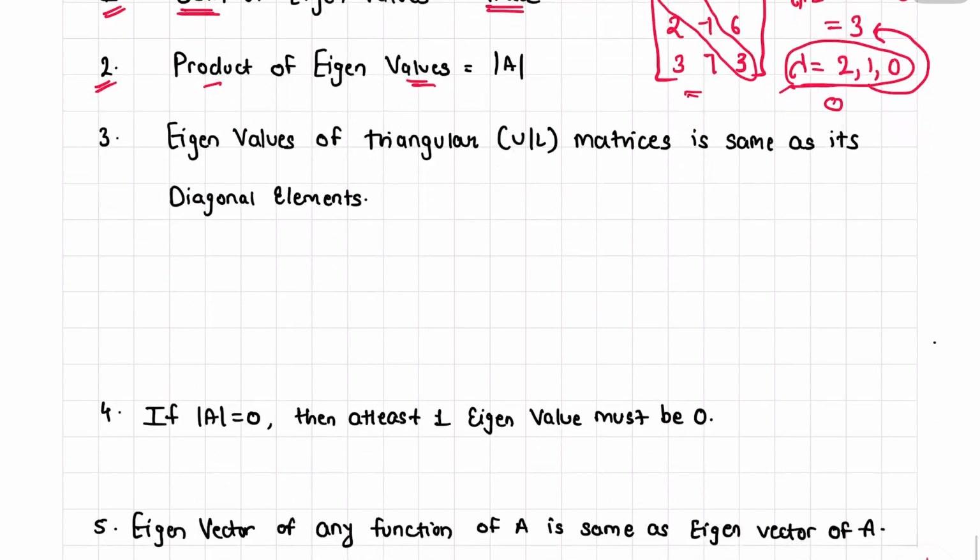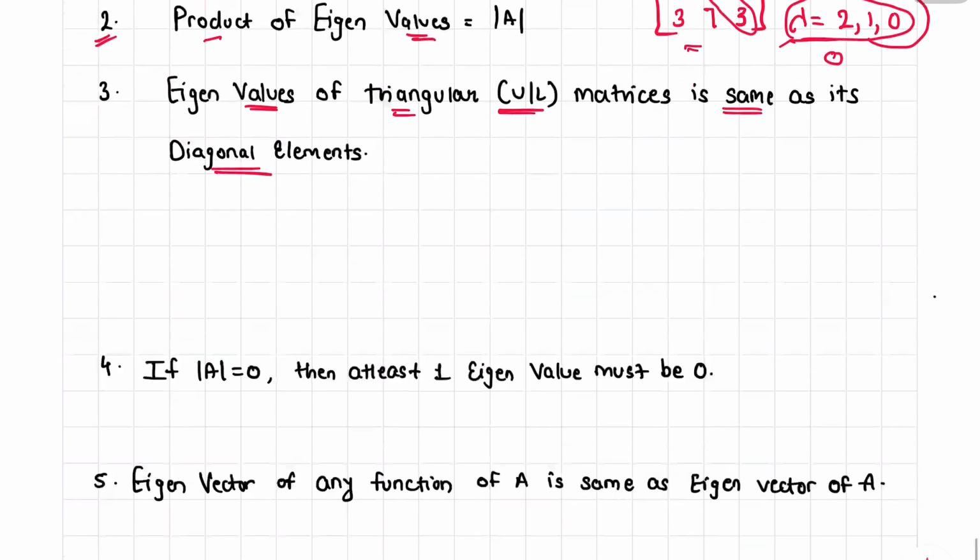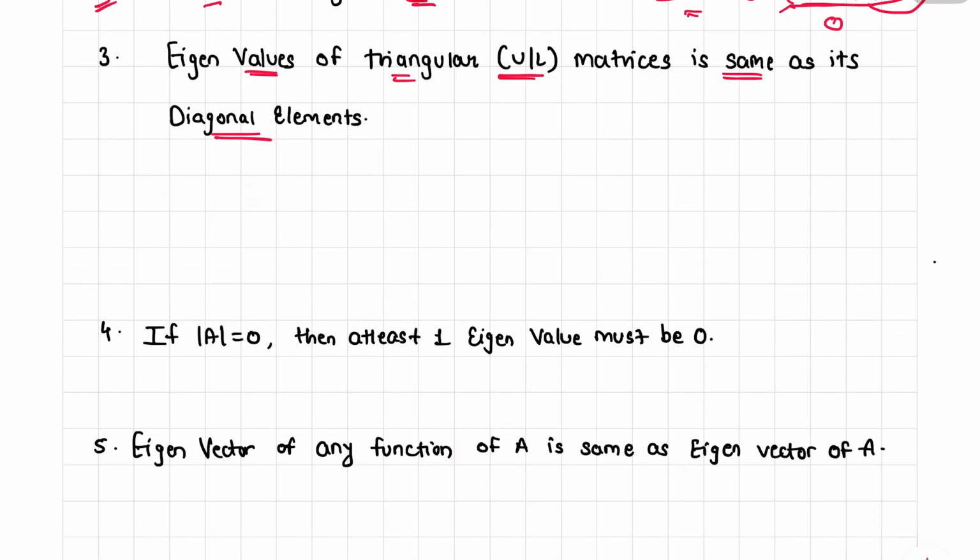Now the third property is that the eigenvalues of a triangular matrix, which can be an upper or a lower triangular matrix, are always the same as its diagonal elements. This is a very important property. So if you are given a matrix, suppose A is equal to 1, 2, minus 3, 0, 3, 2, 0, 0, minus 2,